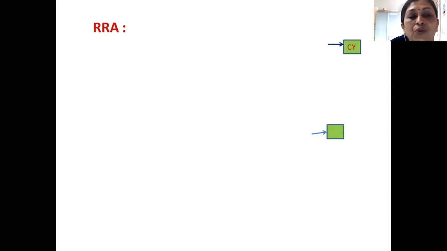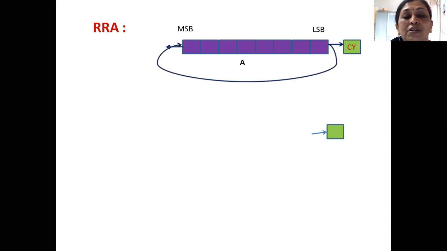So what is your next instruction in this case? RRA. That is what you can observe on the screen. What is long form of RRA? Logically, can you tell me? R means rotate, another R means right. Rotate right accumulator. Okay. So for this, you have to draw structure like this. Now you are rotating it 1 bit position to the right.